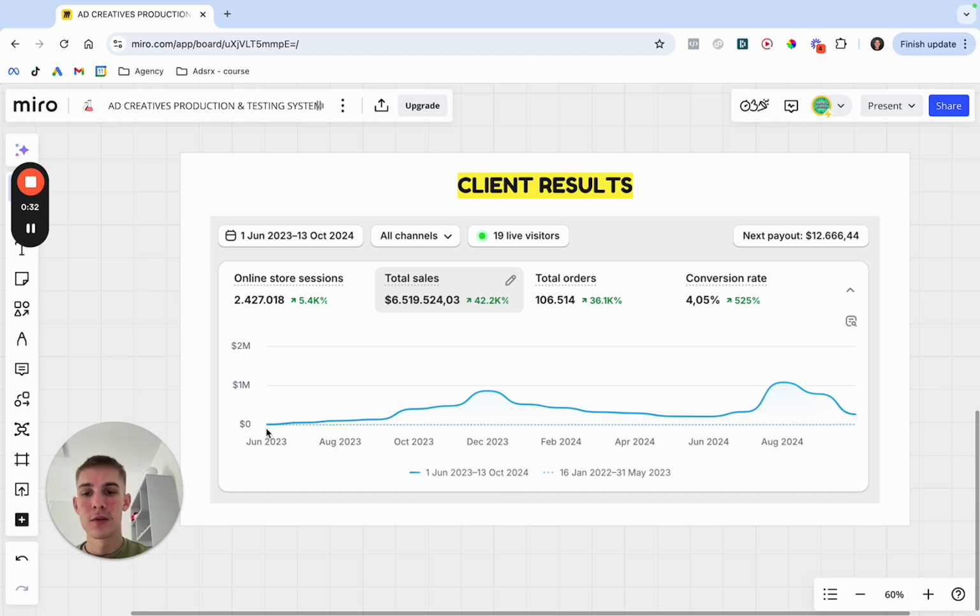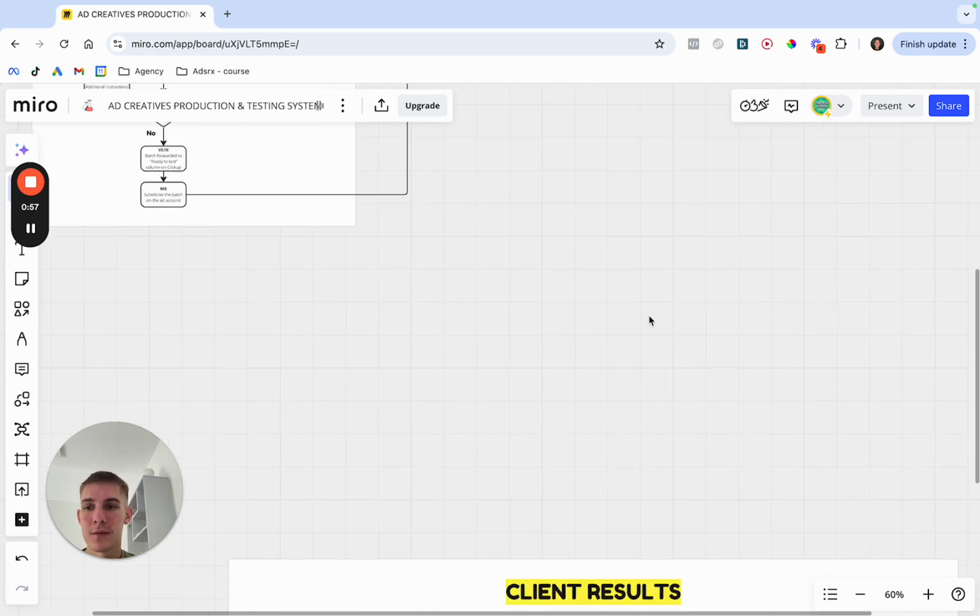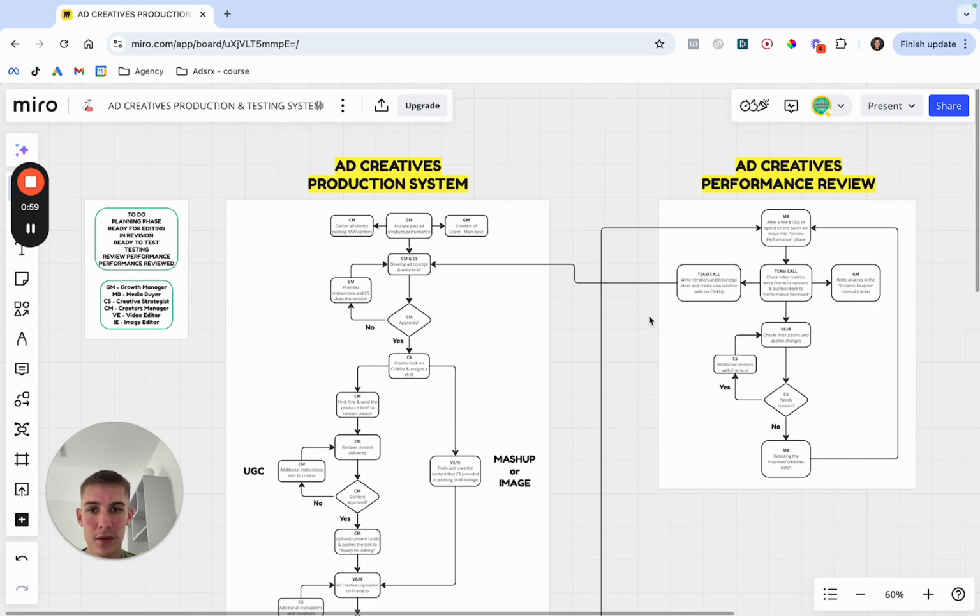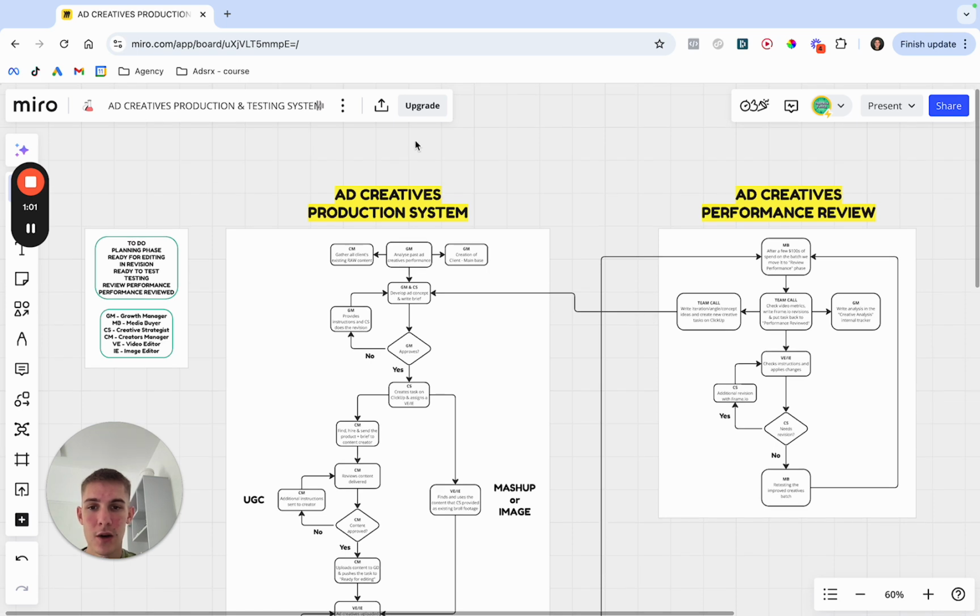So we started with this store back last year in June, as you can see here, and we scaled it all up to like 6.5 million till today. In August, we've hit a record month in sales. This is in USD, and I've taken the screenshot just so we don't show the client's name and everything. So yeah, just to prove that this works,